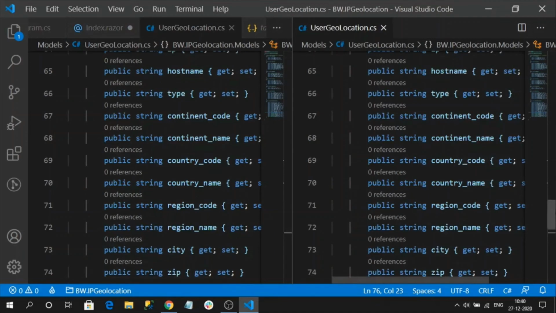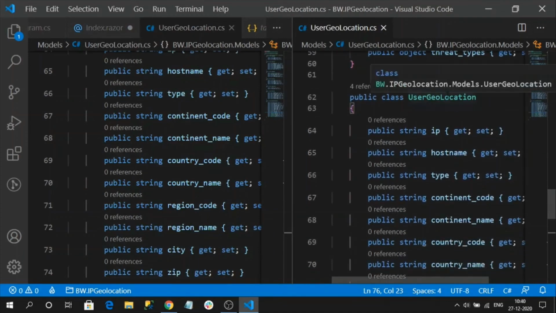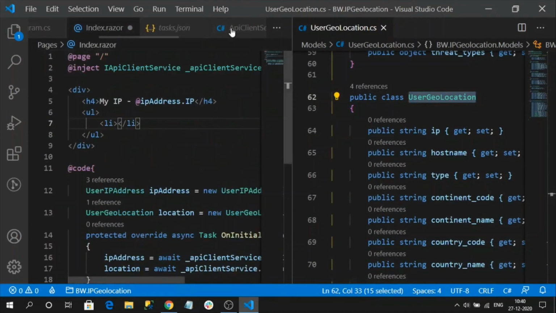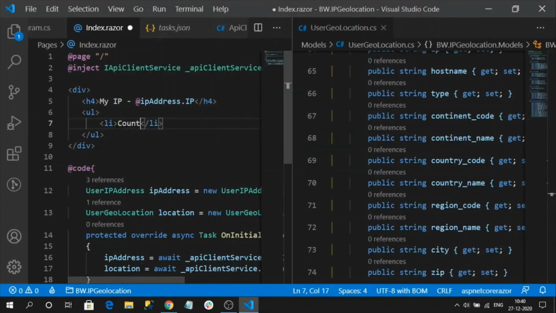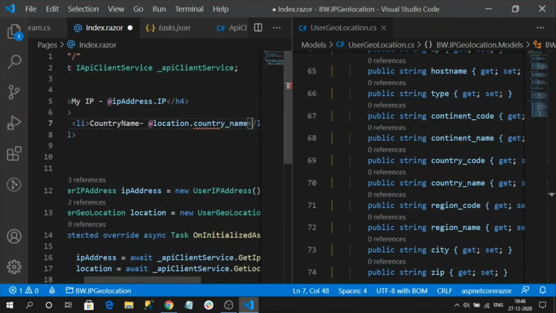So I will go for the main object. This is my main object. I'm going to bind a few properties from the main object, like country name, the location dot country name.